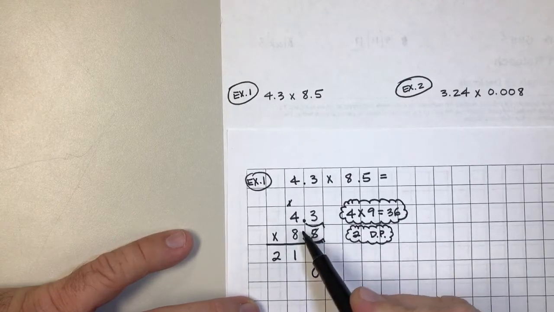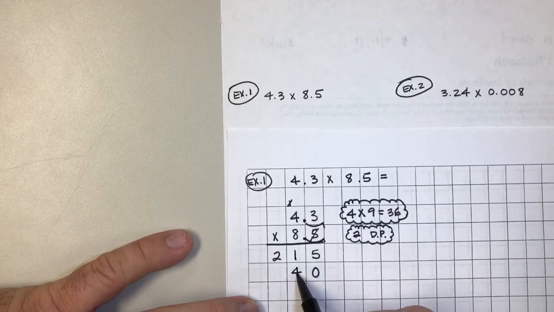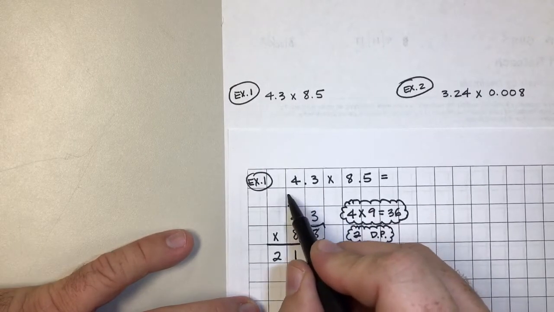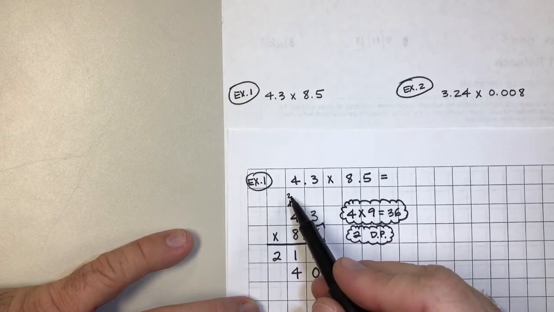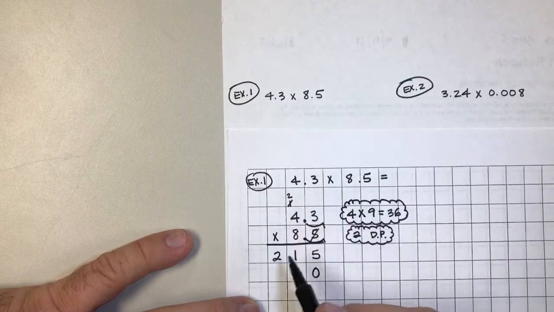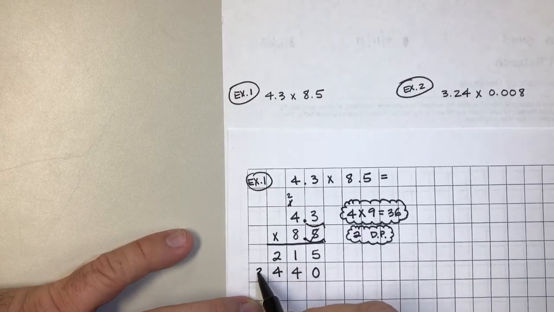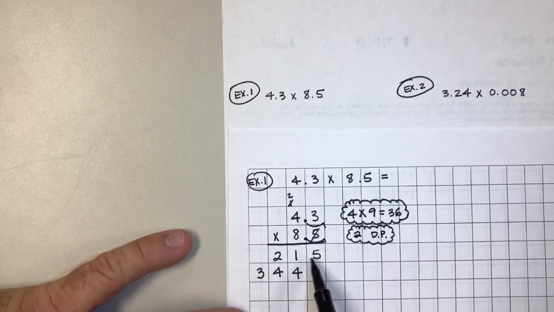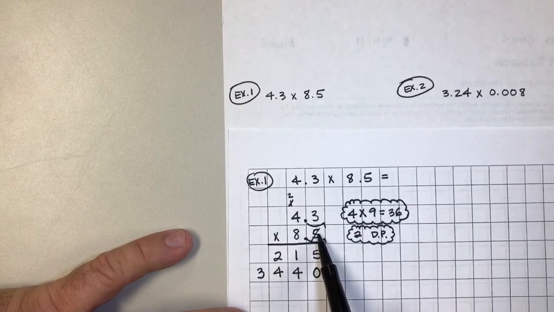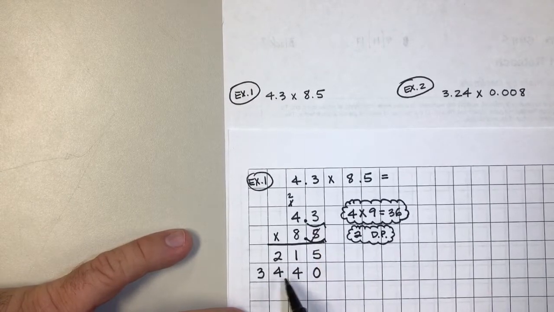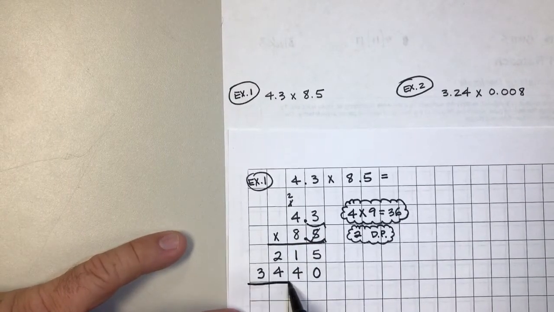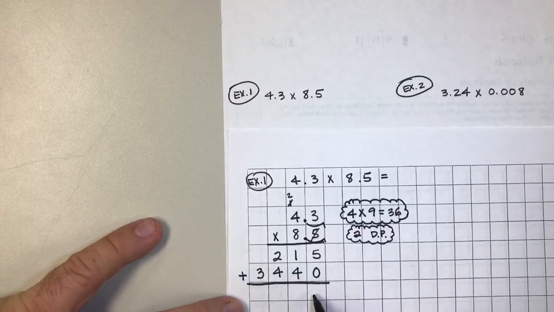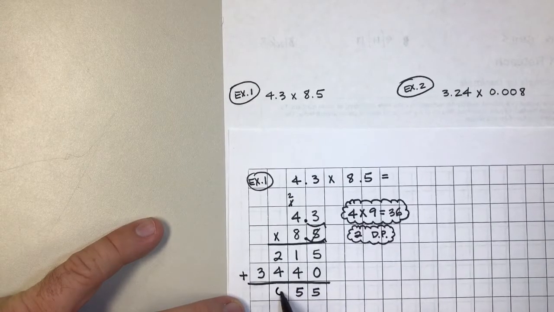8 times 3 now is 24. So I'm going to carry the 2 now. 8 times 4 is 32, plus the extra 2 here, 33, 34. So I have the partial product of 215, which came from multiplying the 5, and I have the partial product of 3,440, which came from multiplying the 8. I'm ready to combine them like I normally would when I multiply at the end here, and I'm going to get